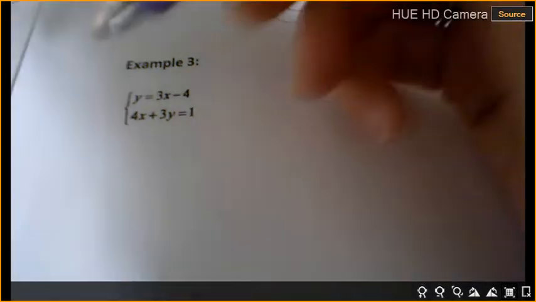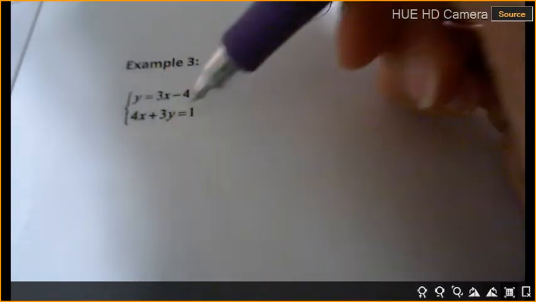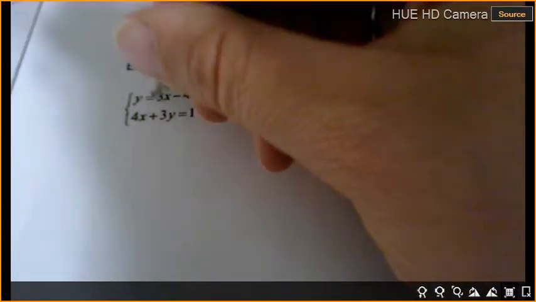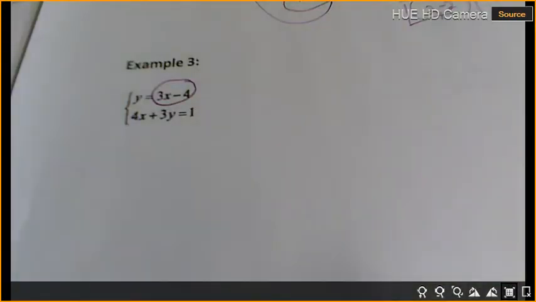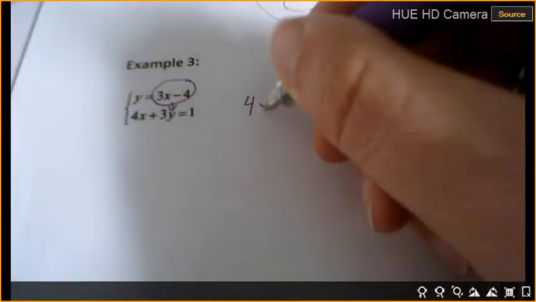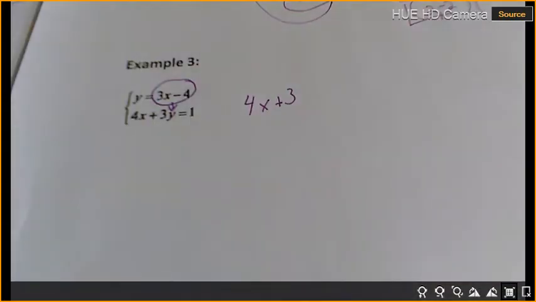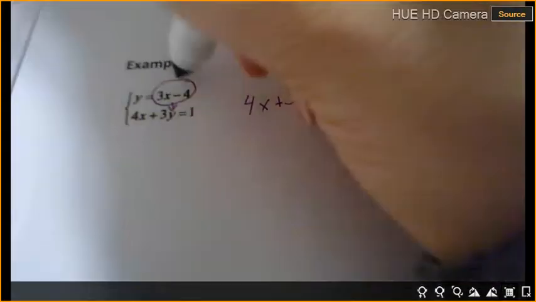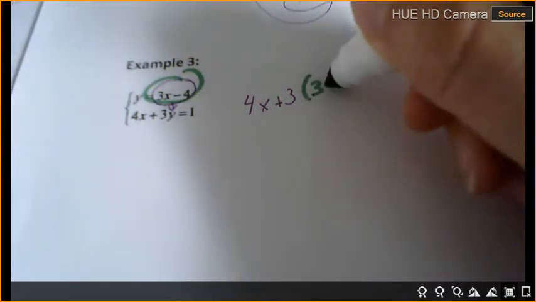Okay. We've got y equals 3x minus 4. And then we've got 4x plus 3y equals 1. I'm going to take this right here. You see this? So I'm going to go 4x plus 3, and look, I'm going to do this part right here in green. I'm going to rewrite it so you can see where it came from. 3x minus 4